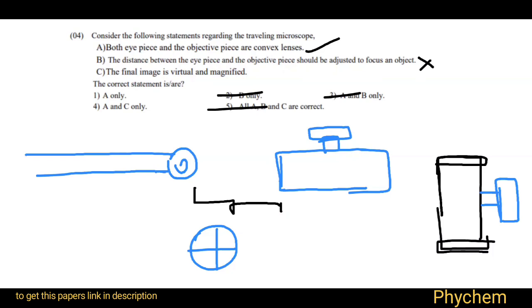The final image is virtual and magnified. Yes, that's true. We already mentioned that we are using a simple microscope. A simple microscope means there is only one lens. This is a compound microscope, the compound microscope that we are using in the traveling microscope. So in this compound microscope, the final image is virtual and magnified. Yes, that's true. So the answer will be